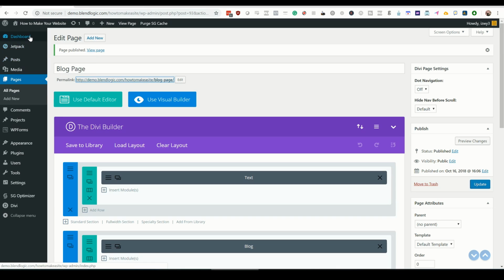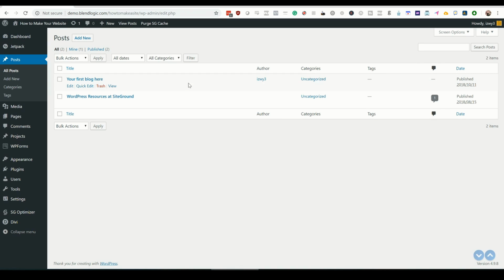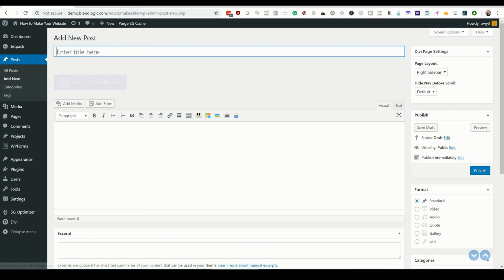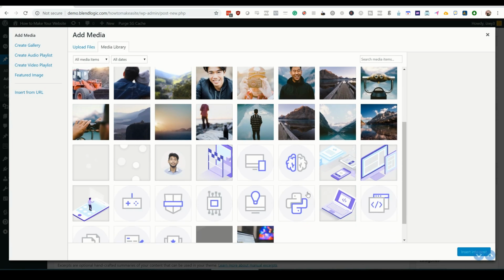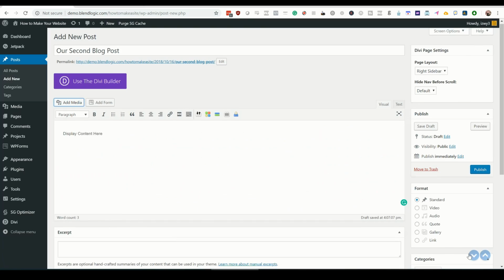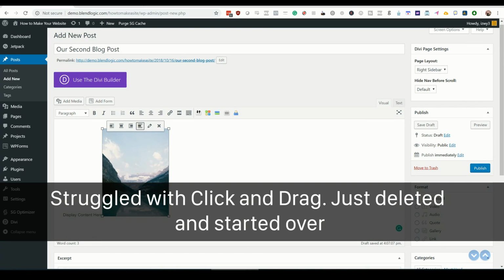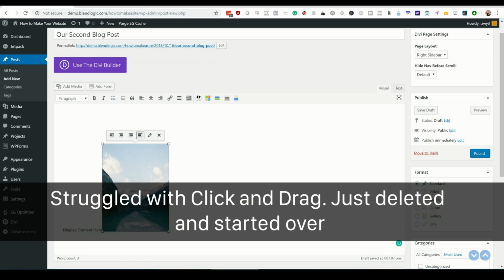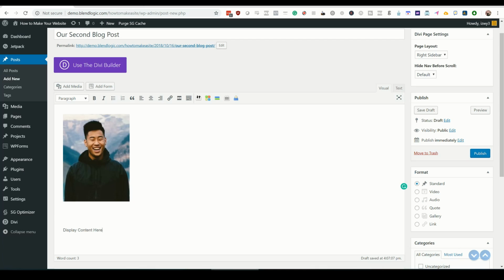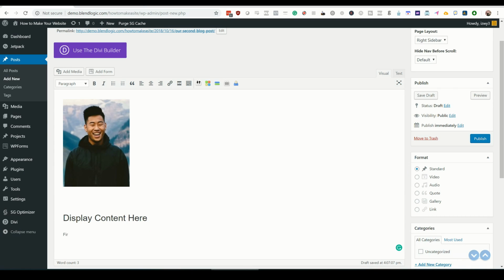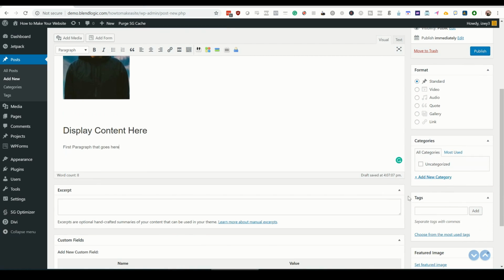But let's take a look in more depth on how to make these posts and how to categorize them. So our first 2 posts were uncategorized. We're going to create a second post, which is our second blog post. And if you wanted to add pictures, you hit add media and you simply choose from your library. You can upload one if you want to. I actually was messing up with my drag when I was recording this, but as you can see, you just add media, you insert it into post, and it puts that on your blog post. And typically you want to have headings, and your first paragraph could go here. I'm just showing you how simple and easy it is to start your first blog.